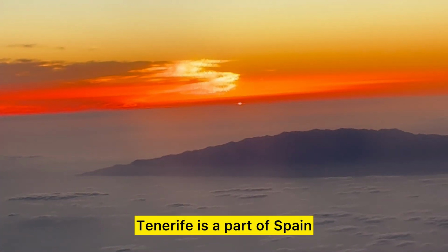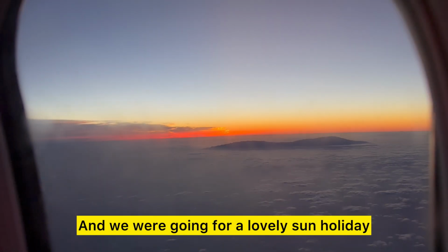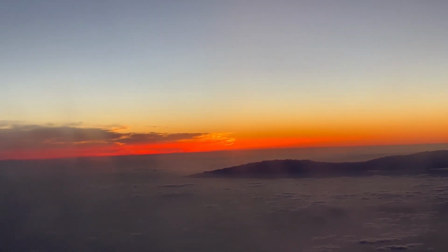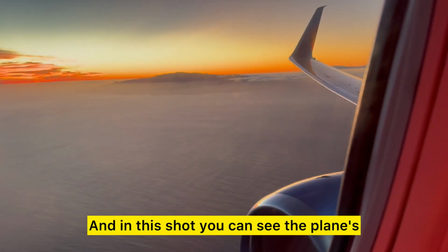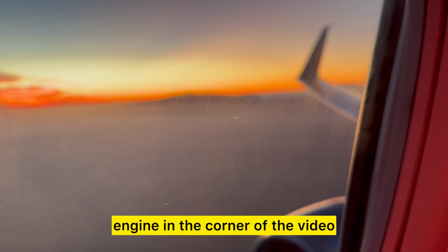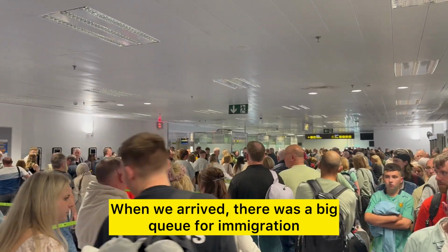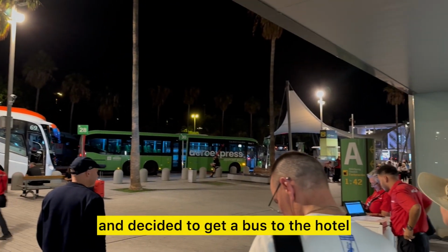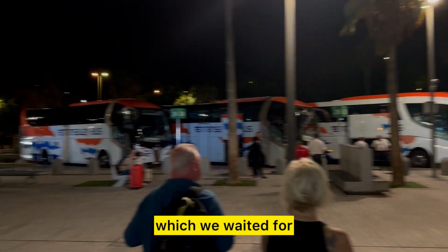Tenerife is a part of Spain, and we were going for a lovely sun holiday. A sun holiday is when you go to relax and chill out in the sun. And in this shot, you can see the plane's engine in the corner of the video. When we arrived, there was a big queue for immigration. But finally, we made it through and decided to get a bus to the hotel, which we waited for, and